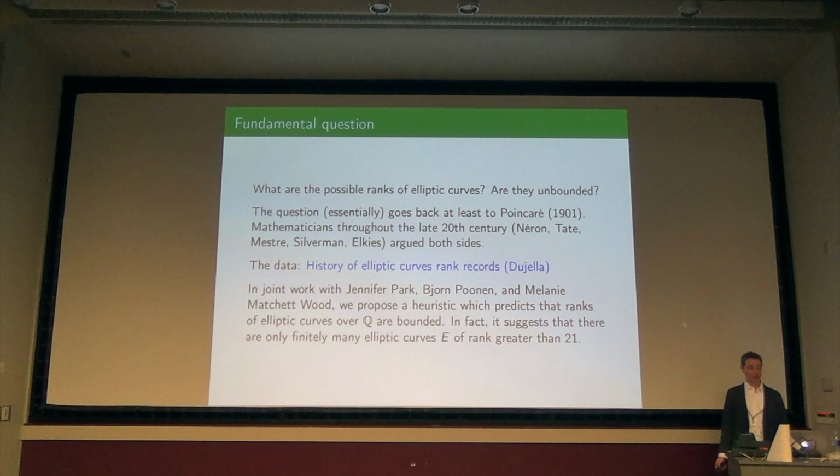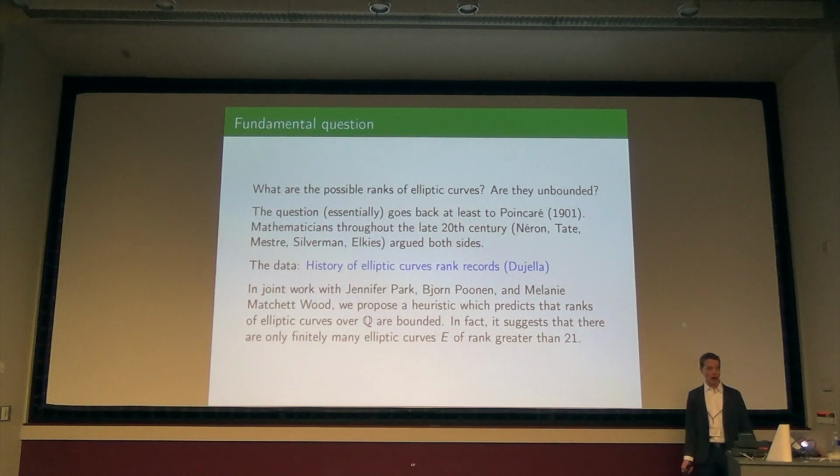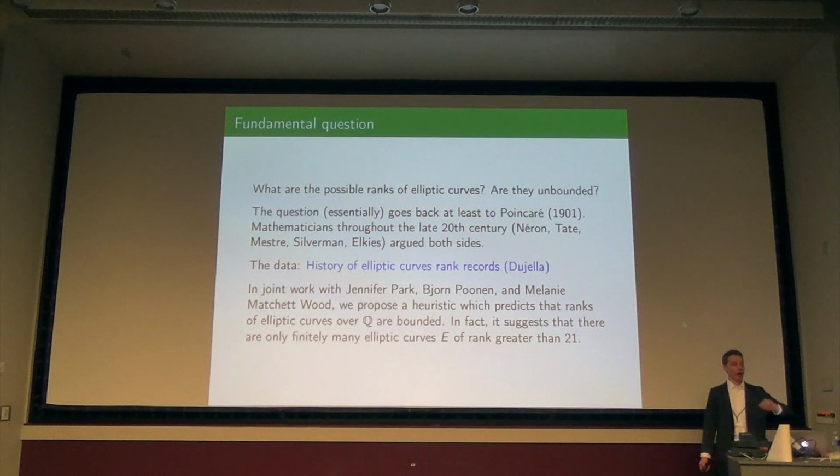So in fact, our heuristic says that there are only finitely many elliptic curves over Q with rank greater than 21. So there could be infinitely many of rank 21, but this guy, which is rank 28, should be a member of a class of only finitely many. Okay, so I have to spend the next 15 minutes or so describing what our heuristic explains, but at least I made it as far as here. We're on team bounded, I guess, and maybe I want to try to convince you of that, but I hope you at least appreciate the context of the question.